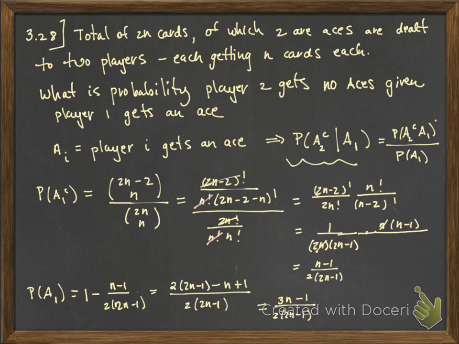But we still need to find the probability of A2 complement and A1. So let's go to the next board. Okay, so what is this? The probability of A2 complement and A1. So what does that really mean? That means A1 gets at least one ace and A2 gets no aces, which means A1 gets all the aces. All right, so we can again talk about what's happening with A1. A1 gets all the aces, so out of the remaining non-ace cards,